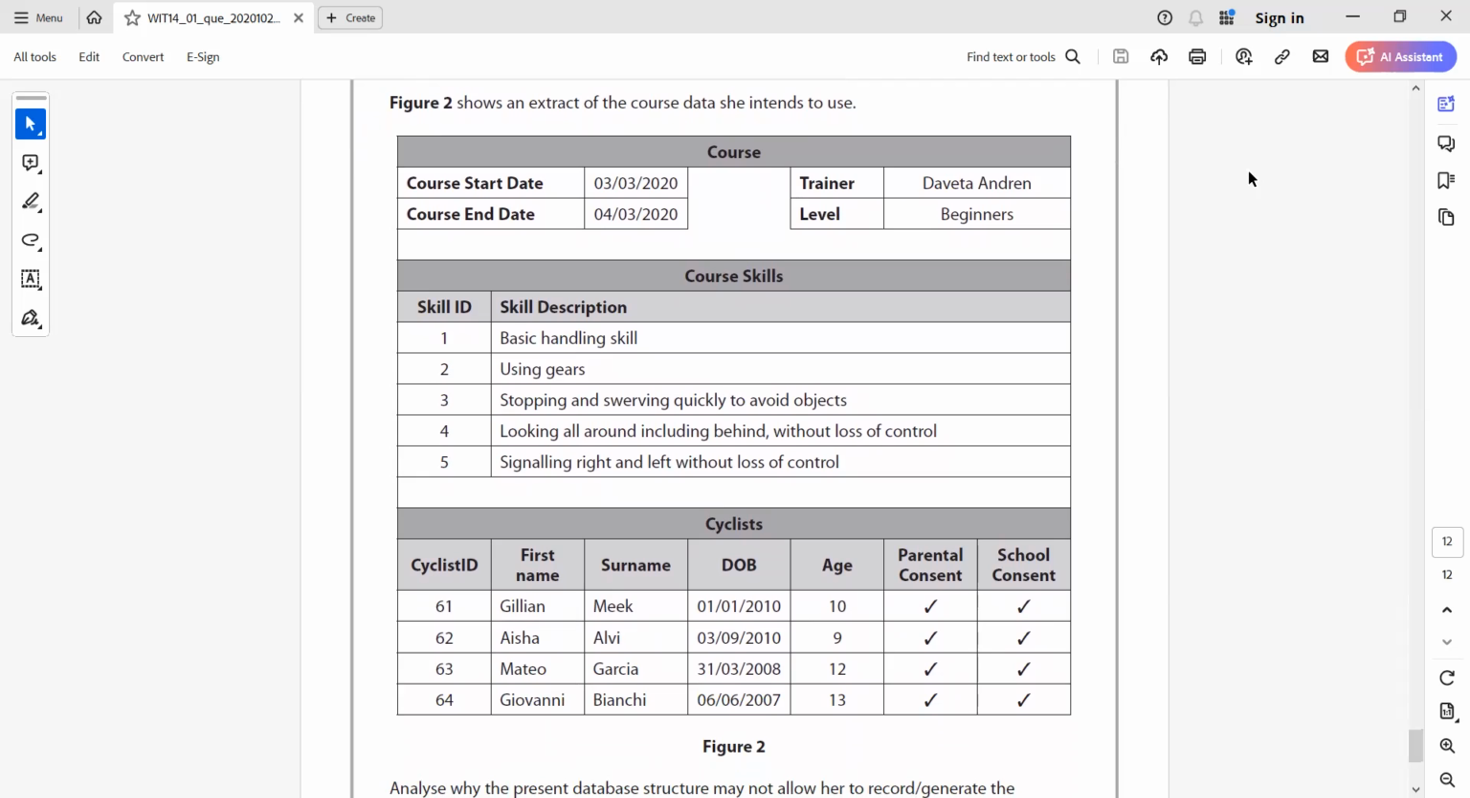So one cyclist will be in one course. One course will have many cyclists. So that's like a one-to-many relationship, right? Yeah, yeah. So then we'll have to make one table with just the course information, course